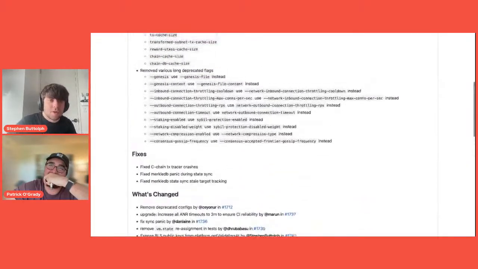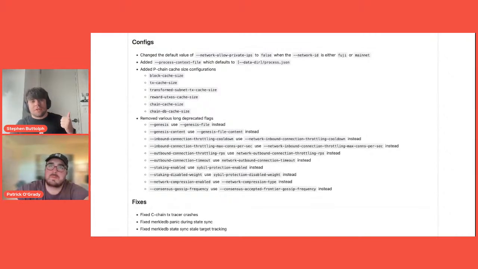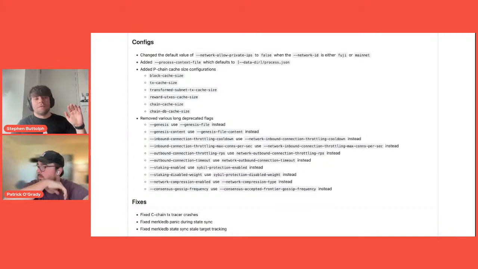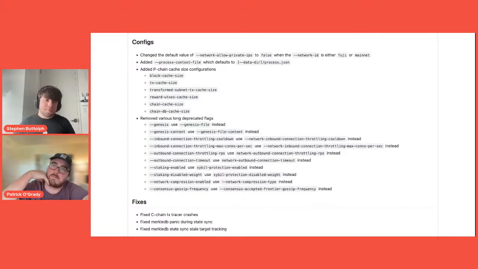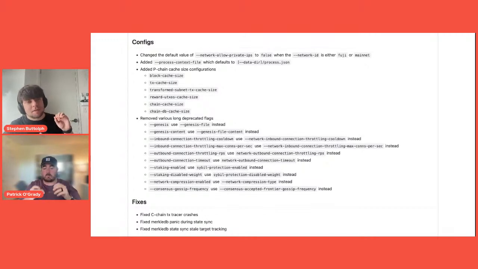There were a couple other pretty cool things in 110.7, I think. One of the things I want to shout out is the change of the network allowing of private IPs. Generally, we have allowed connecting to private IPs by default because people running local networks will oftentimes have, say, a bunch of nodes running localhost or a bunch of nodes running in a local VPN or VPC. And so we've generally enabled that by default, but we did change that so that it is now explicitly disabled